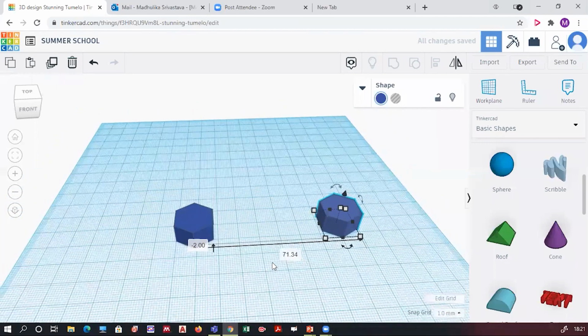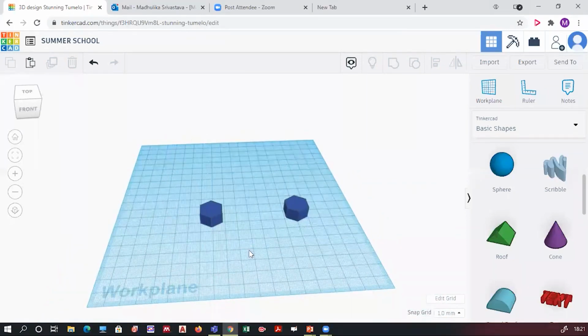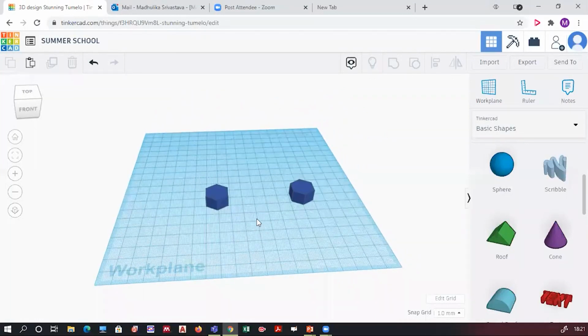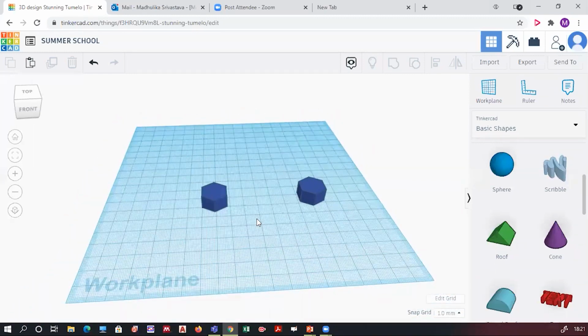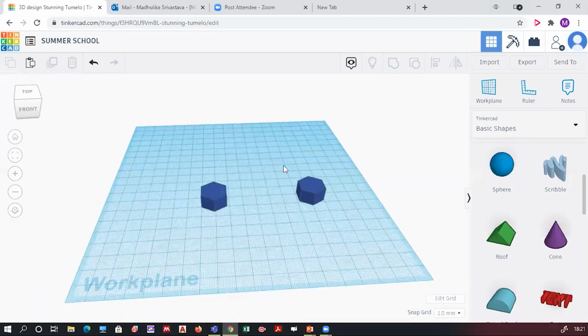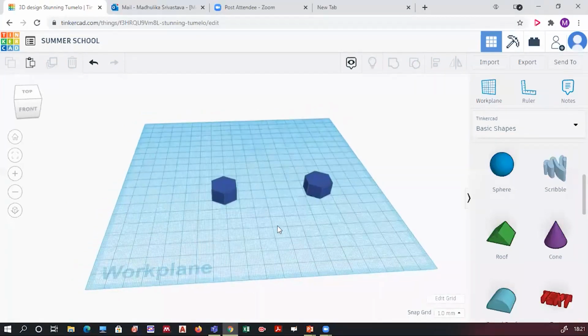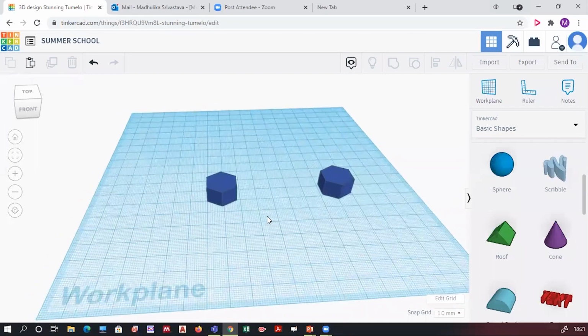Why can't we drag the screen? I didn't understand that. What do you want to drag? You can, yeah, you can drag this work plane also. Definitely. If you are using this mouse, you can just click the middle scroll button and you can drag this work plane also. Okay, don't worry about this. I will talk about it in detail tomorrow. Don't worry, I will repeat that again.